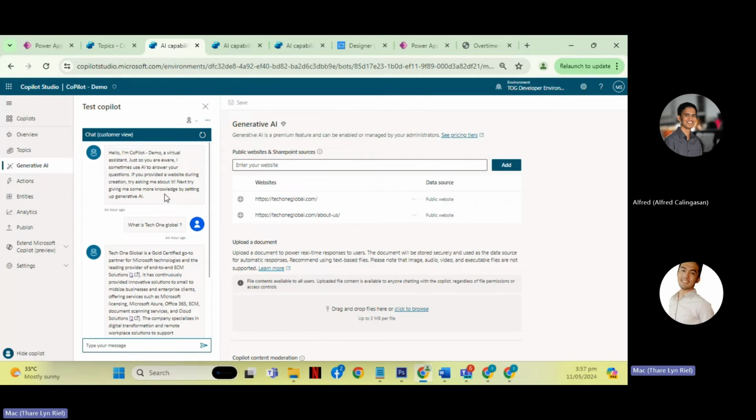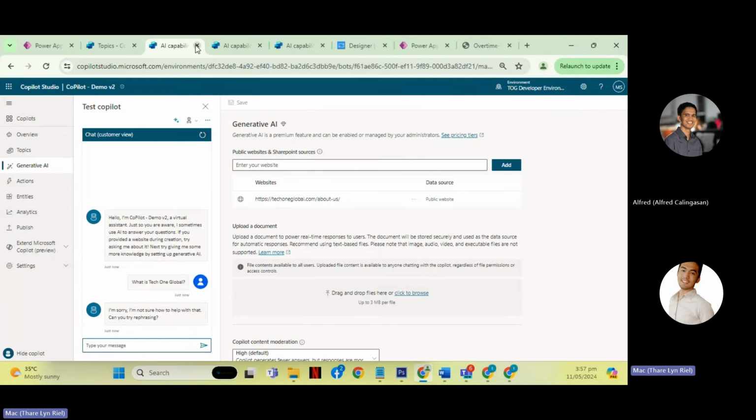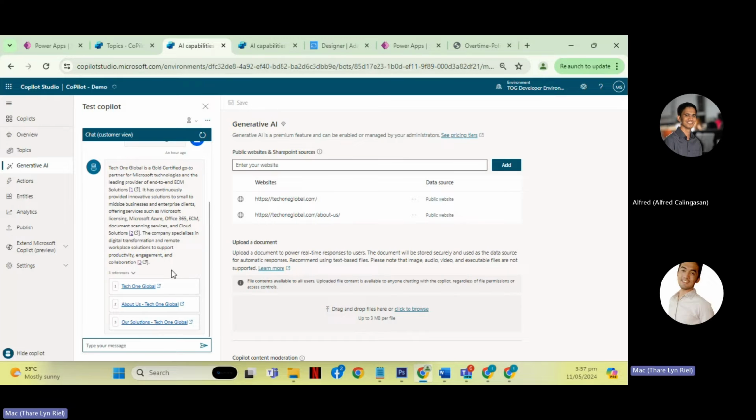Okay, let's close this. I did something on that Copilot and it's misbehaving, but this is the right Copilot. For this, I put two data sources, the menu, and the one that has sub-sites, to get better and more accurate answers from that Copilot.